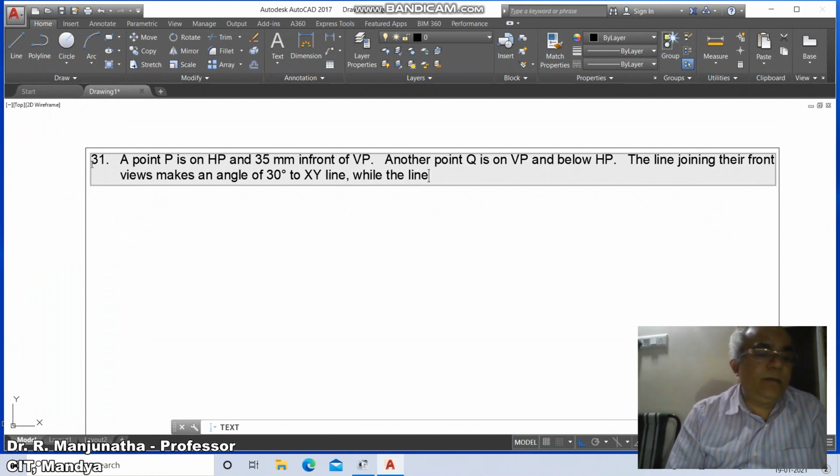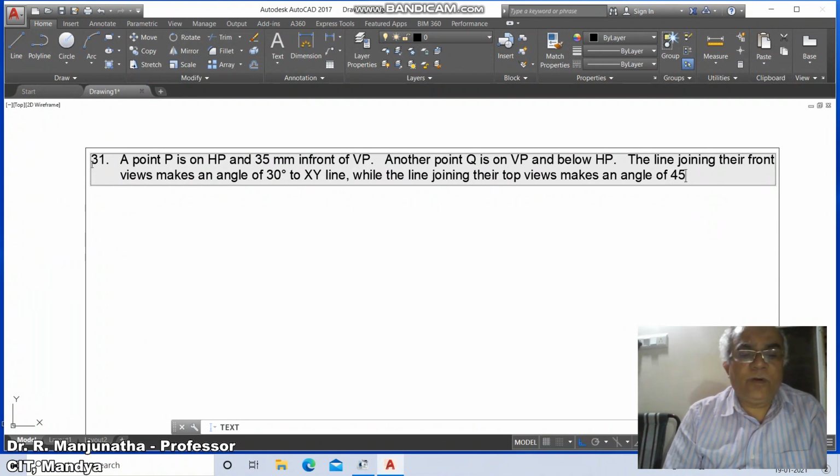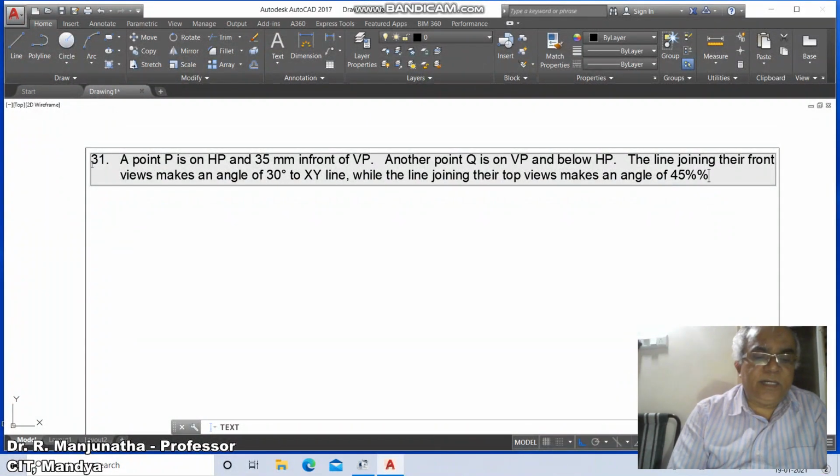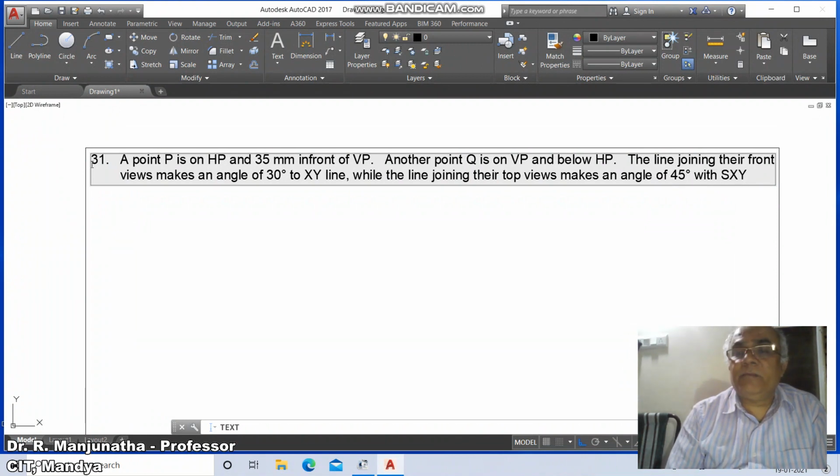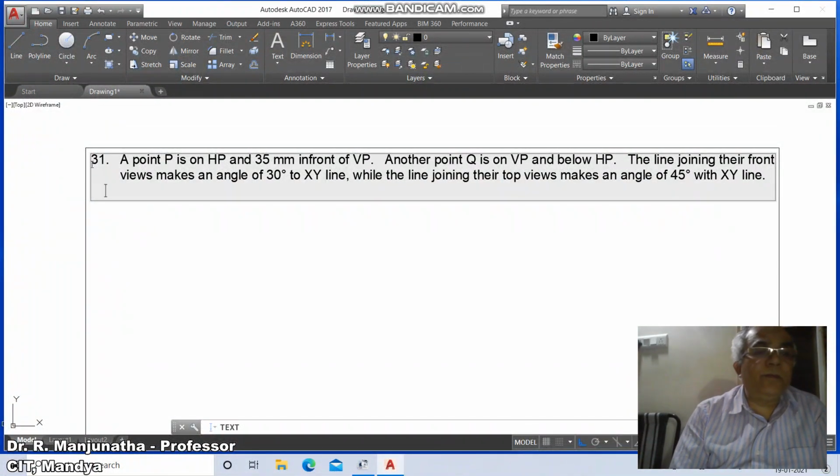The line joining their top views makes an angle of 45 degrees with the XY line. Find the distance of the point Q from HP.